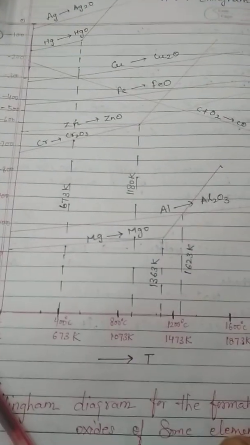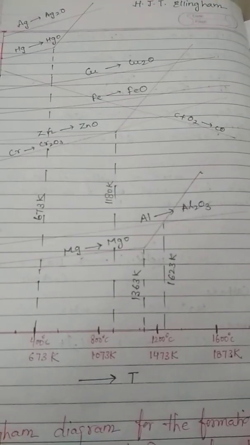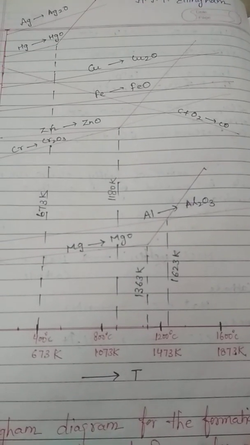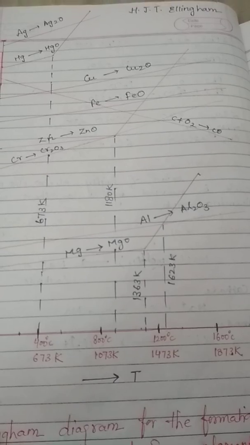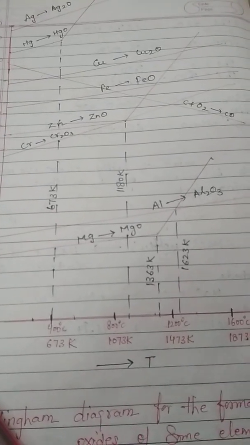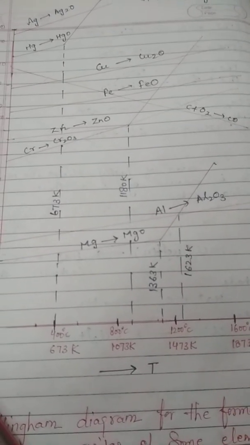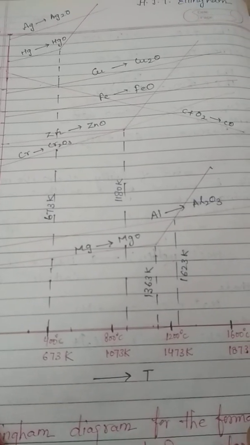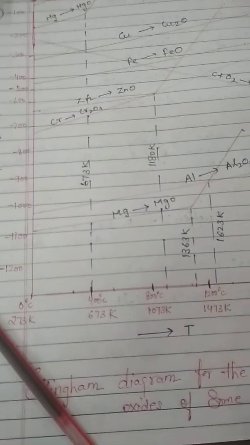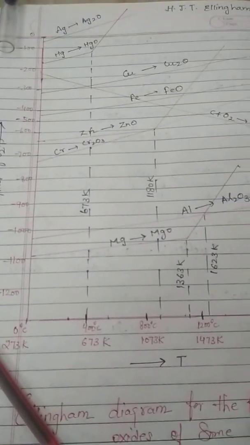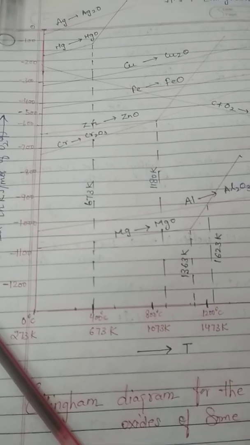Dear students, as yesterday we discussed the second part of the formation of crude metal by reduction process. We have seen that for different metal oxides we take different reducing agents. A particular suitable reagent can only reduce a metal oxide to the metal. As I told you yesterday, it is decided by the Ellingham diagram, with the help of which we would be able to select the suitable reagent for the reduction of a metal oxide to a